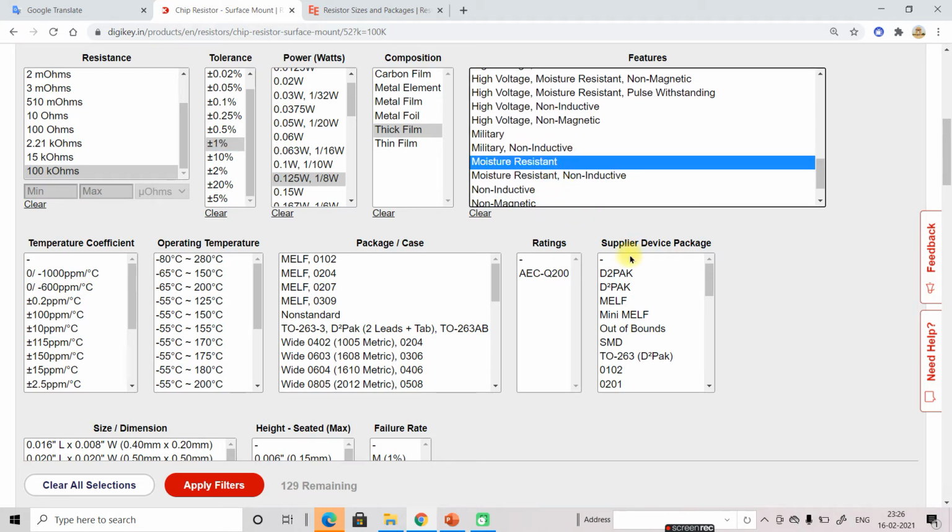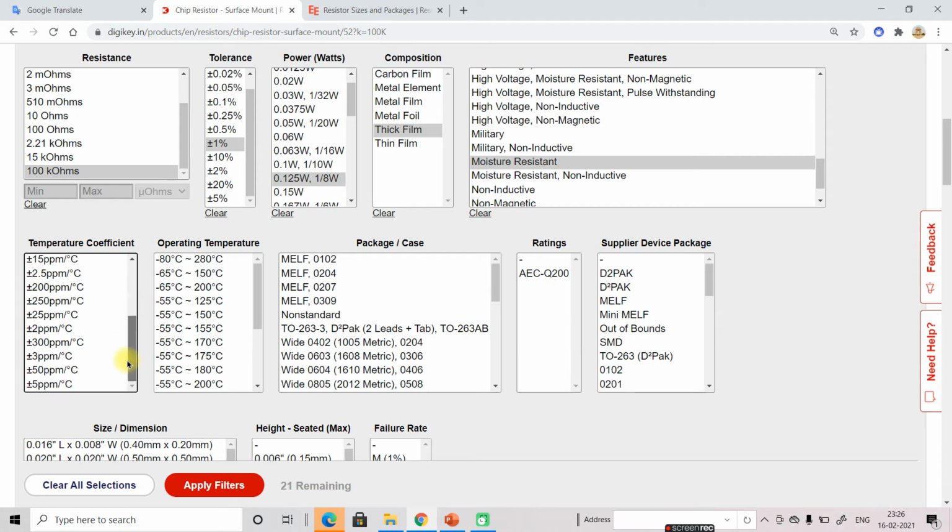Moisture resistance. So moisture resistance is having 21. Now I select the ppm. What is the meaning of ppm? Per degree Celsius, what value variation will be in the resistance. So it is ppm. As per your requirement, for general use we don't care about this, but for high